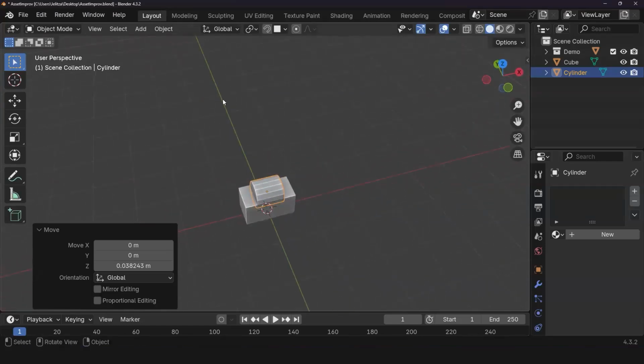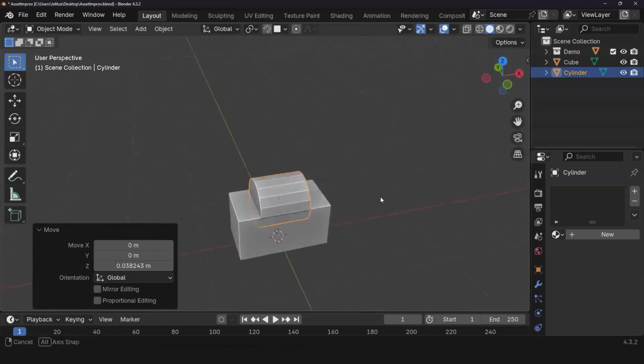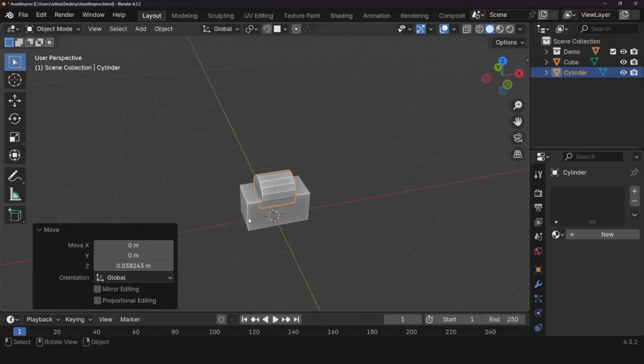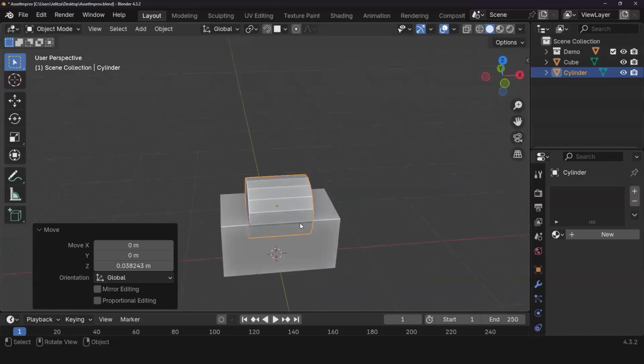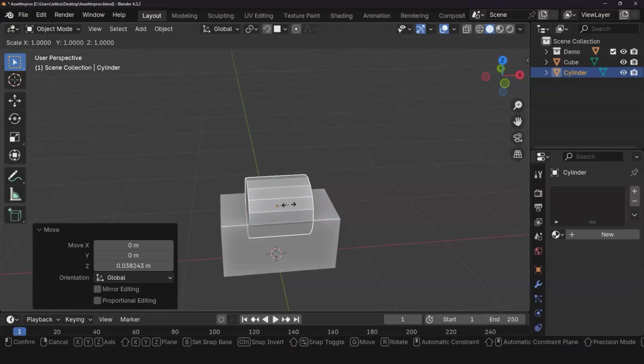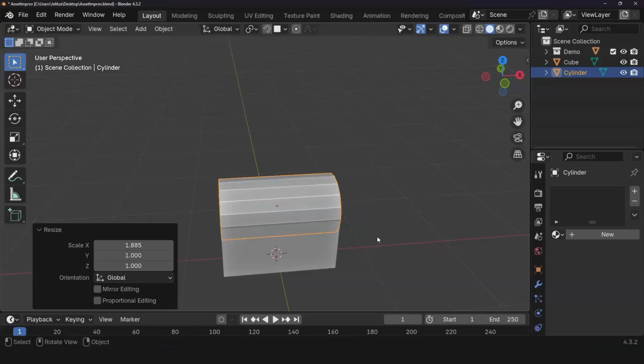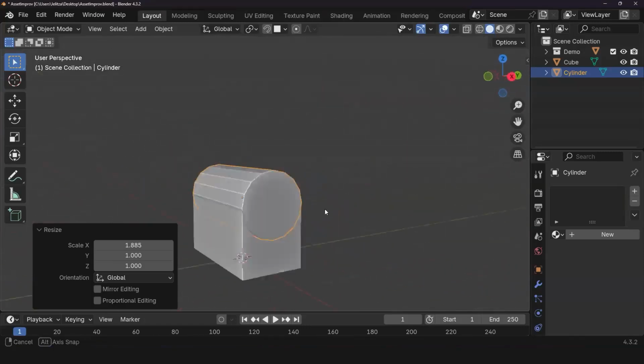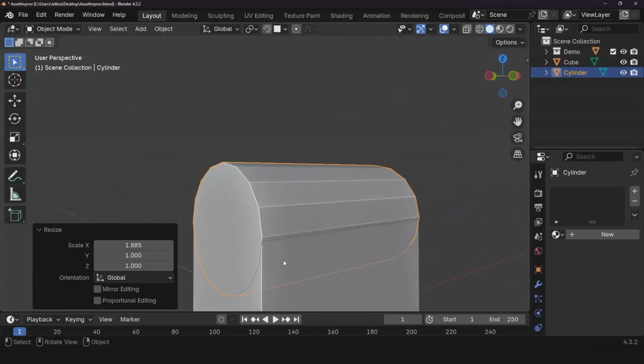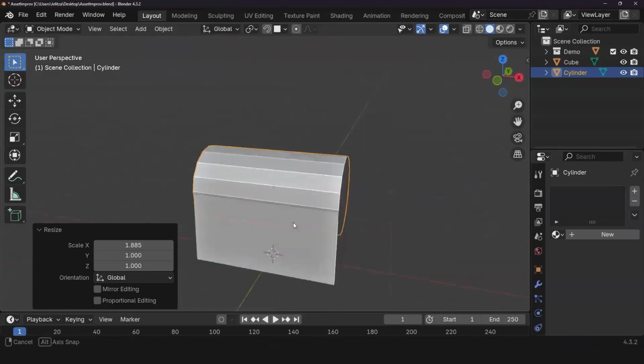So of course I have the Y axis, which is this green line, the X axis. And this basically allows me to really navigate the space. You know, the knowledge of these axes is really helpful. So what I'm going to do is I'm going to press S, and then I'm going to scale along the X axis. And as you can see, there we go. Now I'm pretty solid. I mean, it's not perfect, but honestly, I really don't mind.